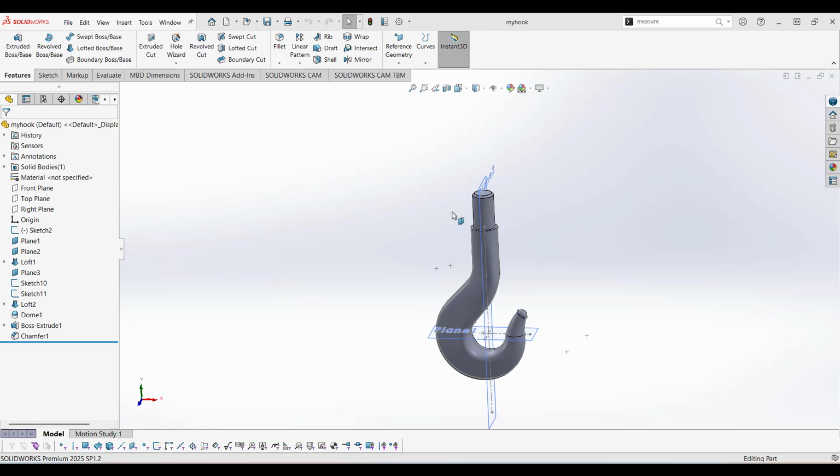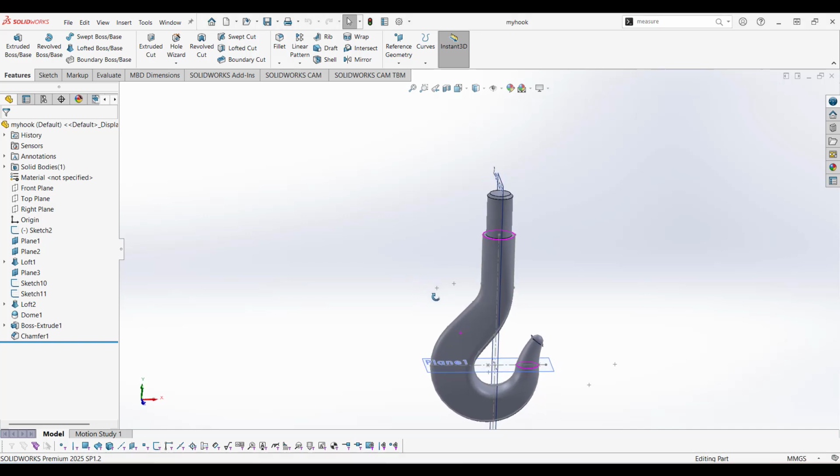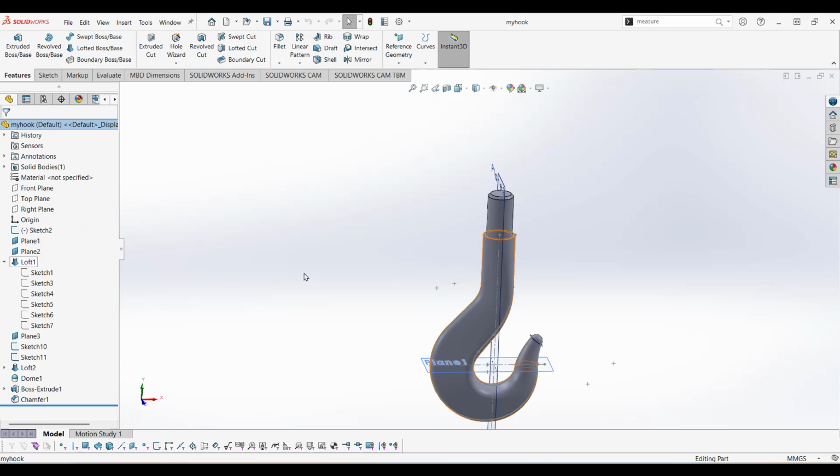Hello everyone. For today we are demonstrating how to generate a three-dimensional hook, and the main technique used here is lofting. So to outline what is needed, lofting requires a number of sketches which are lofted together according to some guidelines. In this case, the first lofting part is here, and the sketches involved are